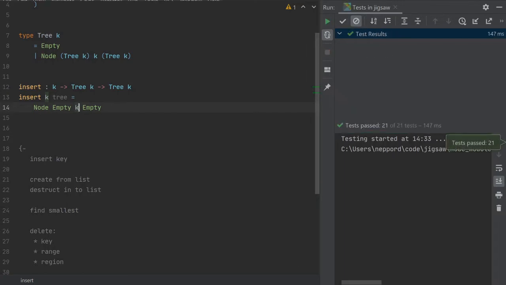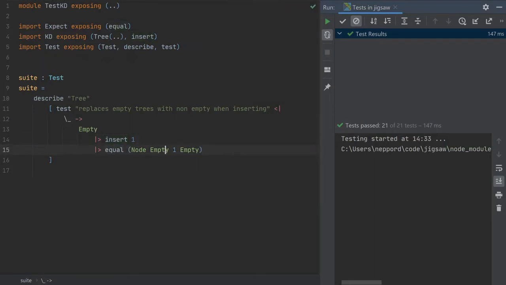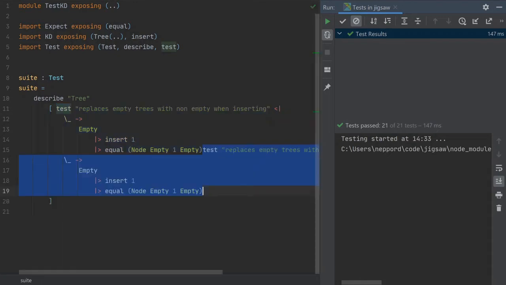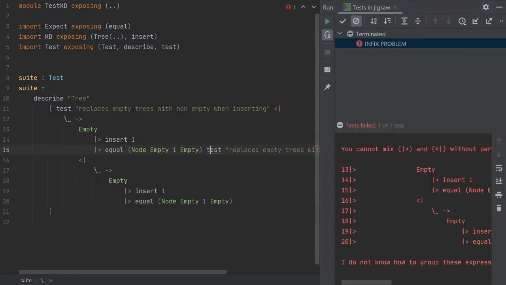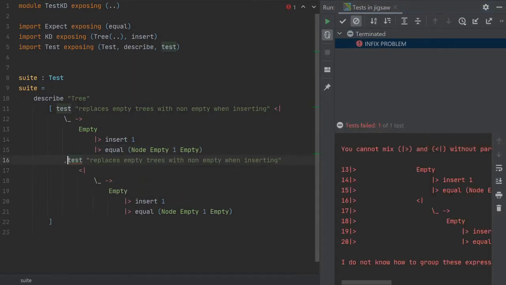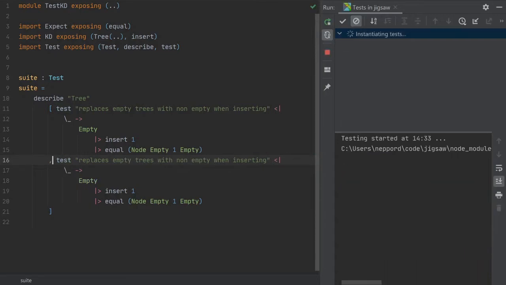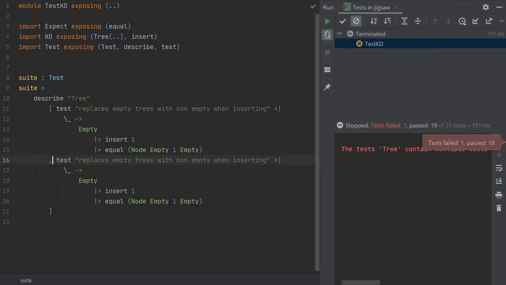Okay, so we have fulfilled that test. Let's think about what's the next test that we could write. What should we call this test? How does the code that we currently have tell us that we need to broaden the specification? I would say that